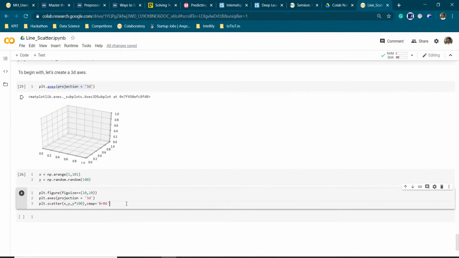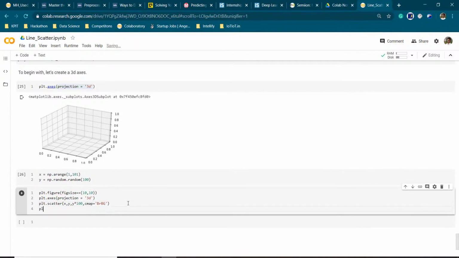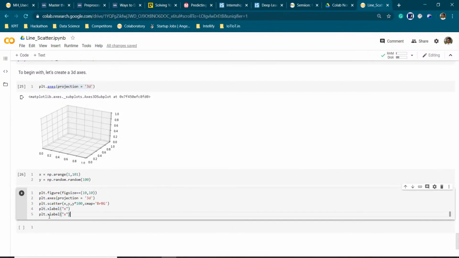There are many different color maps, so you can choose according to your choice. Now we are going to give plt.xlabel for our x-axis and plt.ylabel for our y-axis.